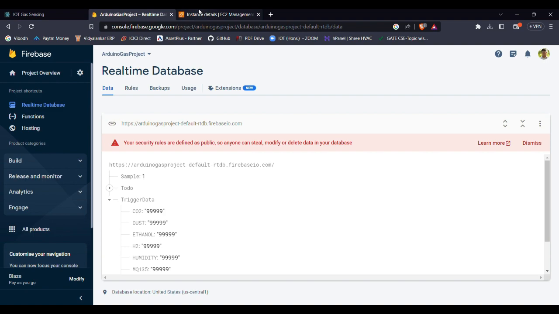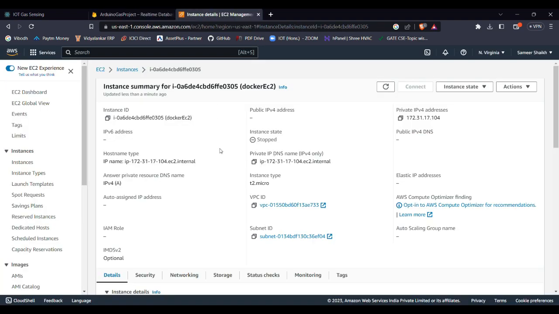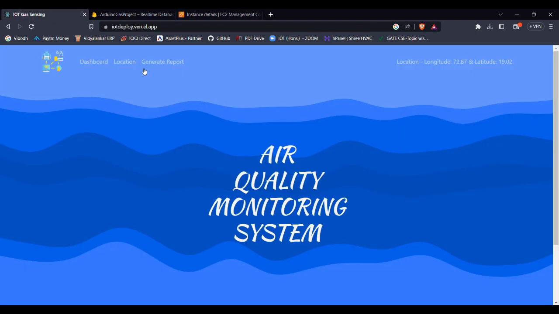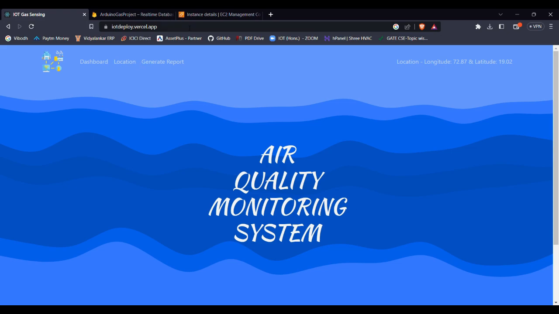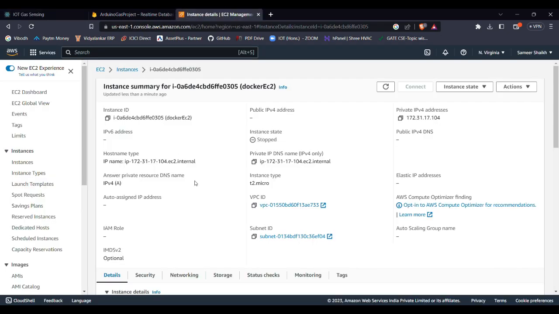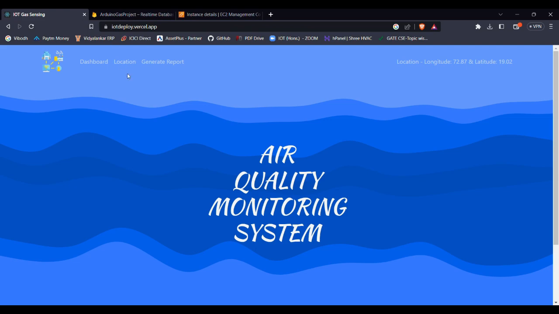And coming to AWS EC2, we have deployed the front end of this website, this dashboard that we can see, on AWS EC2. What we have done is we have containerized the front end using Docker. Then we have pushed the Docker image to Docker Hub. Then we pulled the image to the EC2 instance, and then we are running the Docker image on the EC2 instance. So on starting the instance, a public IP will be displayed, and then it takes me to this dashboard and I can operate it. Thank you.